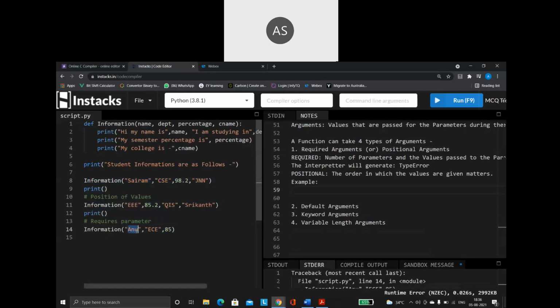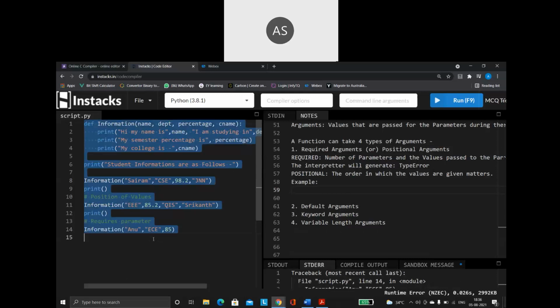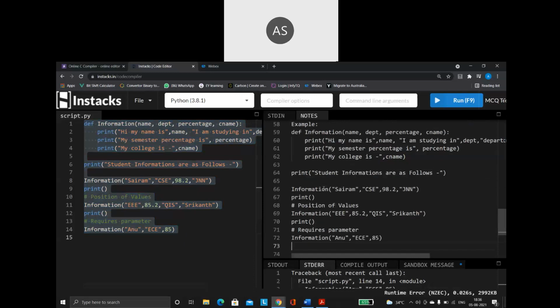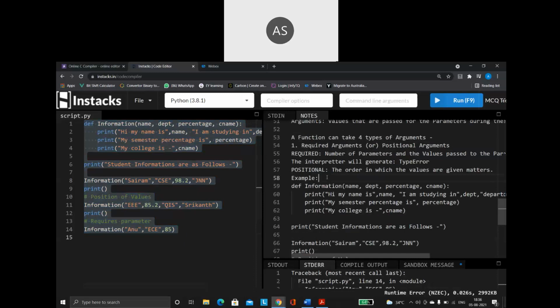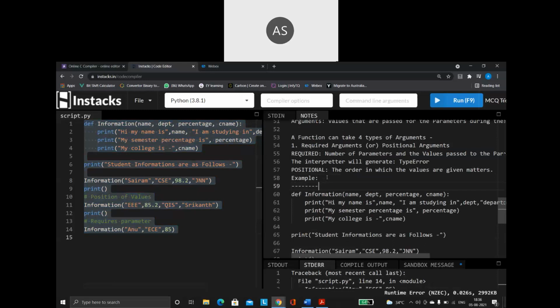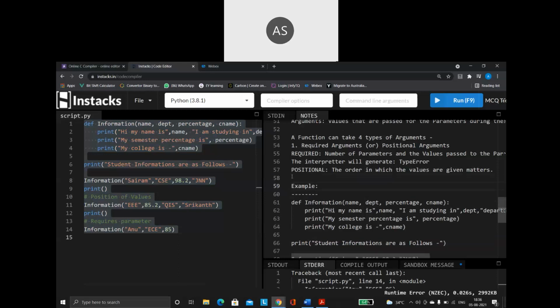The line which is generating an error is going to stop the program at that line only. So this is a simple example to explain the concept of required arguments. Okay, now the next one.